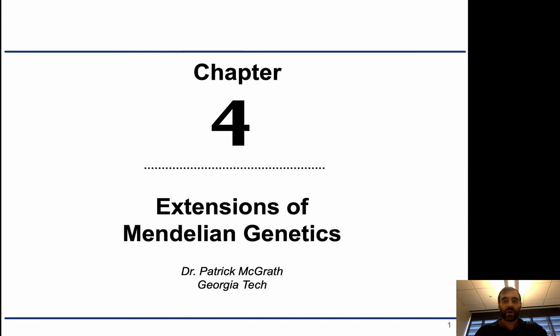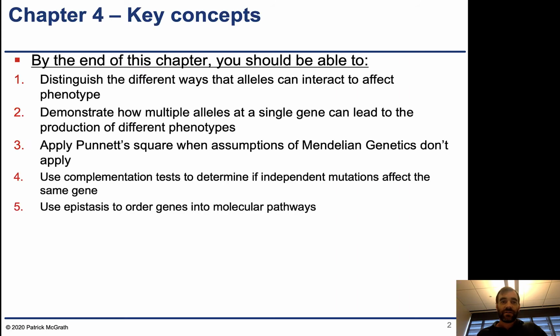Okay, we are going to cover Chapter 4, Extensions of Mendelian Genetics. And the goals of this chapter are to distinguish the different ways that alleles can interact to affect the phenotype, demonstrate how multiple alleles at a single gene can lead to the production of different phenotypes, apply Punnett squares when